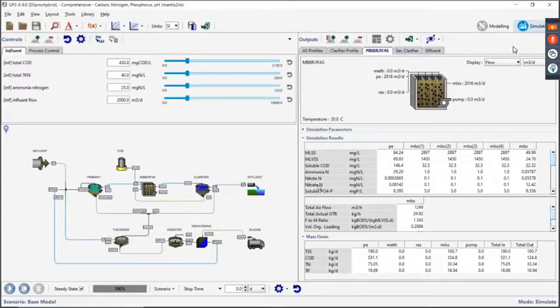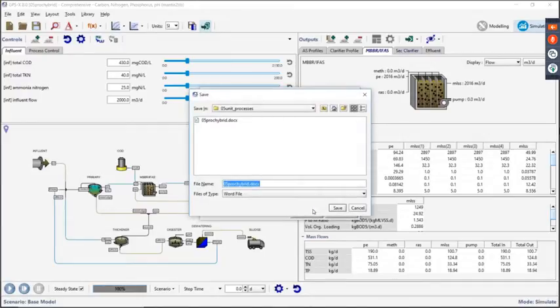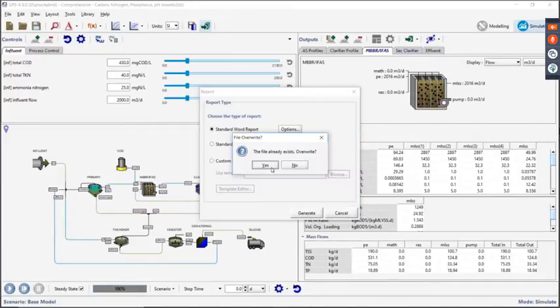Okay, one of the things we spent quite a lot of time on in this was creating a new Microsoft Word report. It is accessible from this report button at the top here. We have it available in many different places, but I'm going to use the one at the top because this is the one that summarizes all the information in the entire layout. So I'm going to generate this new Word report.